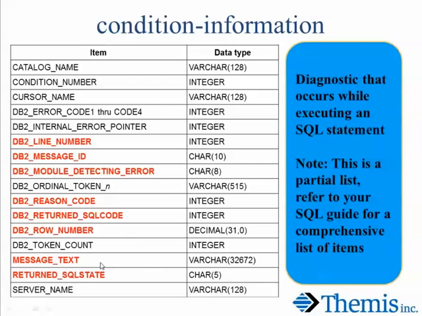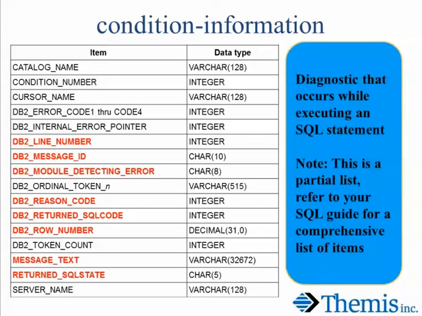Okay, condition information. This group of diagnostic information is what you want to retrieve to see the conditions that arose from the SQL statement that was executed. Now this is a partial list, so you want to take a look at your SQL guide to get everything available. Now I've highlighted here in red the ones that I feel are probably the most important, and I'm going to start at the